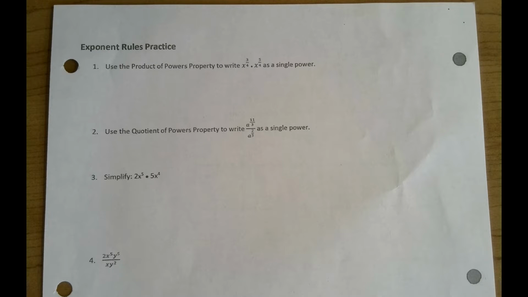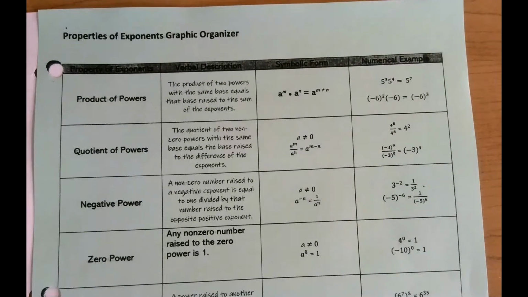So let's start with number 1. Use the product of powers property to write x to the 3/4 power times x to the 5/4 as a single power. And I also want to remind you that you should have also gotten this graphic organizer in class, which has all the rules. So if it says product of powers,